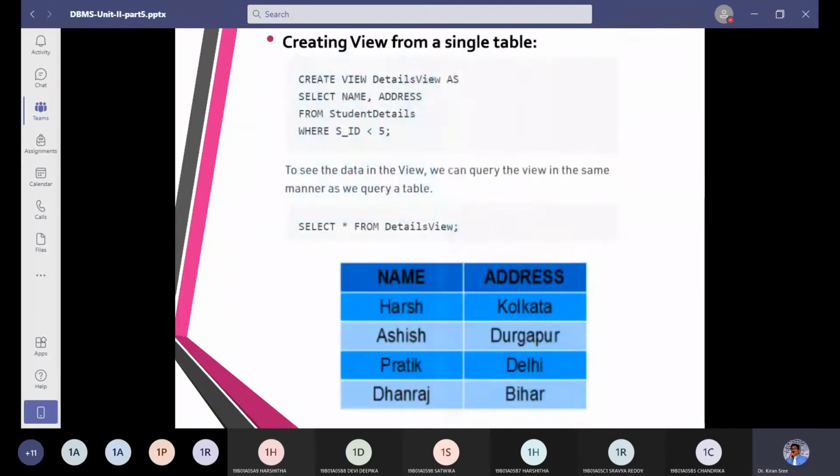Now, what is a view and how is a view going to be created? See this. Create view. Name of the view is detail view, as select name comma address from student detail where SID is less than 5.